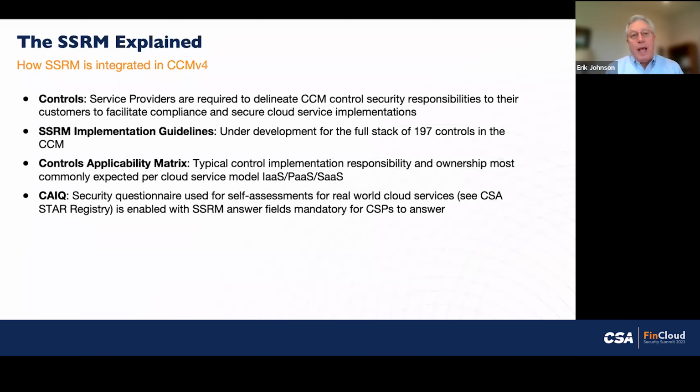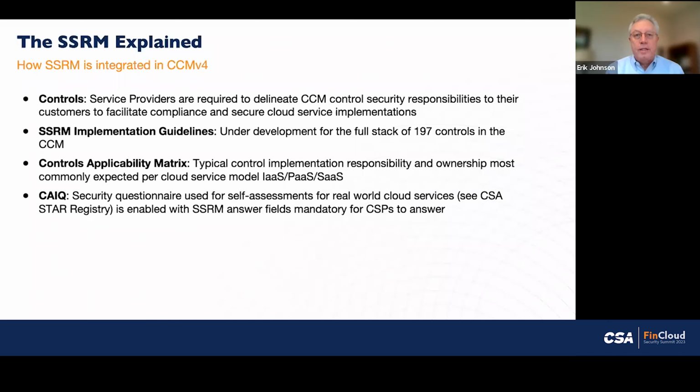So in terms of the things we added into the CCM framework for CCM version 4 for the SSRM, it's a pretty comprehensive set, actually. It elevates the CCM into the domain of something similar to FedRAMP, and we modeled it after that, in terms of being the only other mature cloud security program that has comprehensive controls and a repeatable process and framework for helping CSPs and their customers understand and implement the shared security responsibility model on a per control basis.